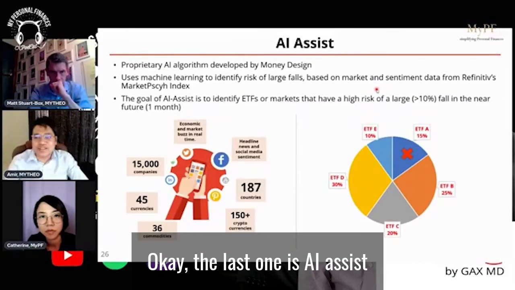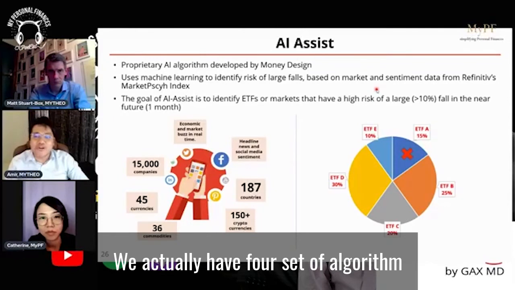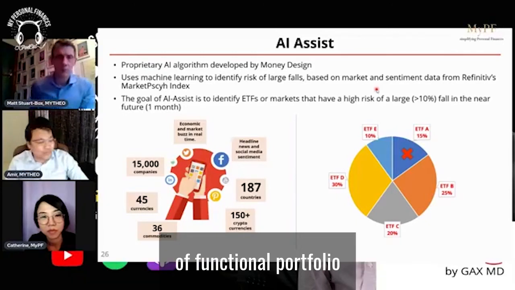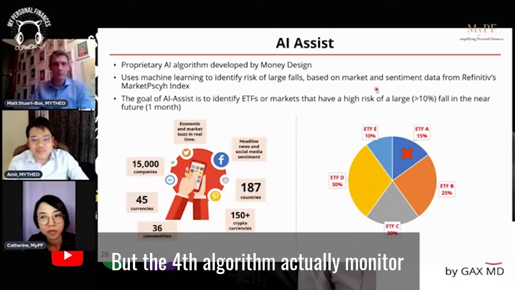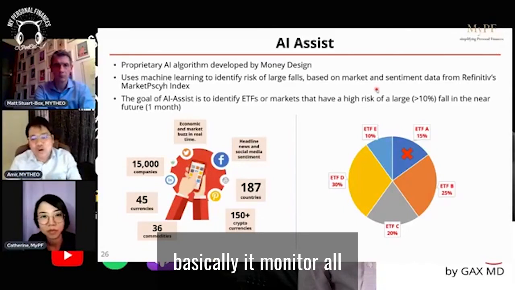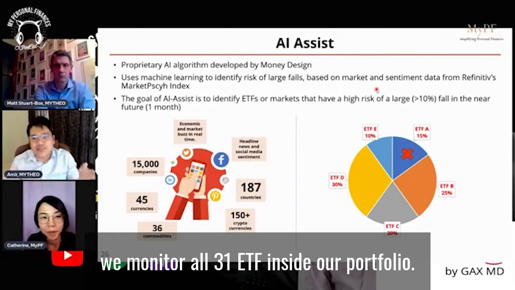Okay, the last one is AI assist. As I mentioned earlier, we actually have four sets of algorithms. Three algorithms are taken up by each of the functional portfolios, but the fourth algorithm monitors all portfolios in one go. Today we have 31 ETFs, and it monitors all 31 ETFs